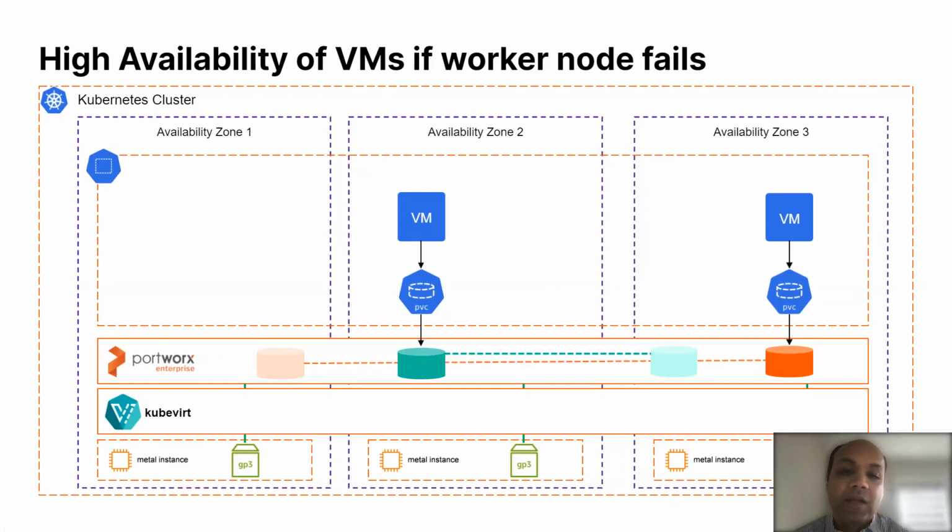Even if a VM is running on a node and the node dies in an availability zone, in this case, I'm showing it in a cloud scenario. If the availability zone is not available, then the VM needs to be moved to another zone, and the functionality should not be hurt at all. So Portworx supports that, like it would do for any Kubernetes application when the pod gets rescheduled